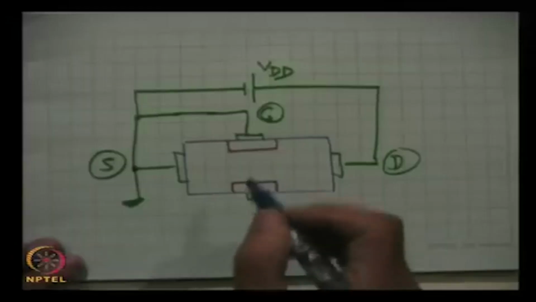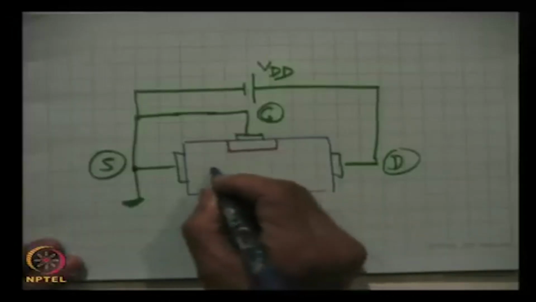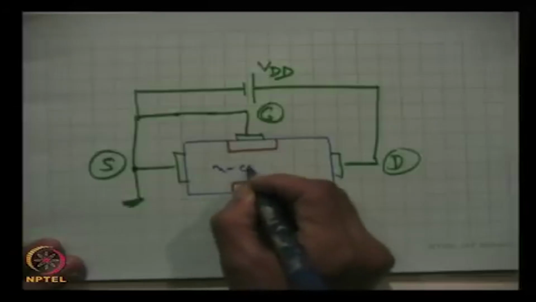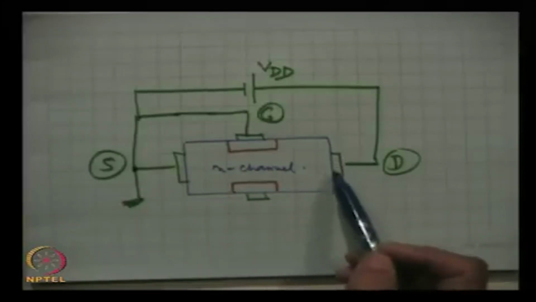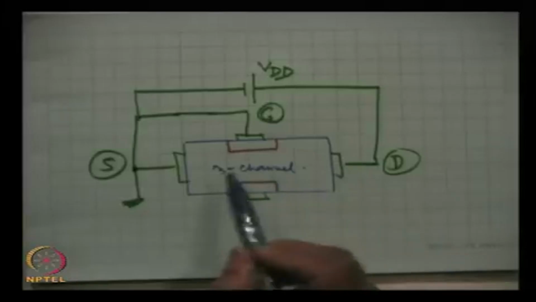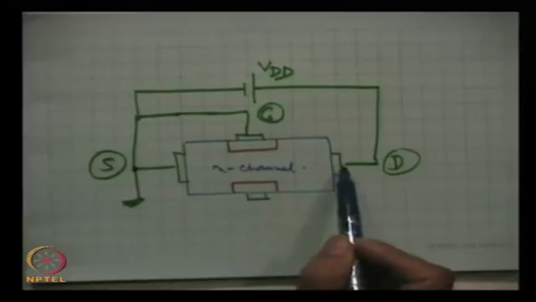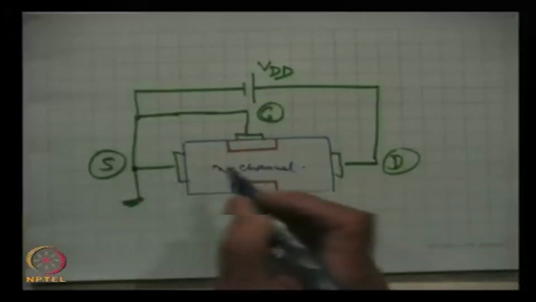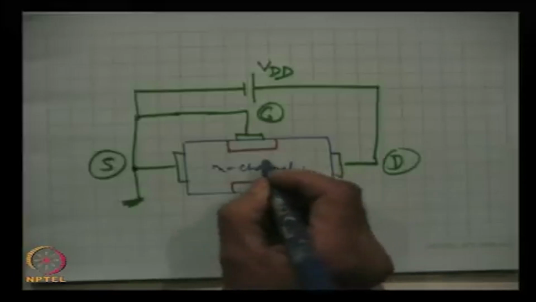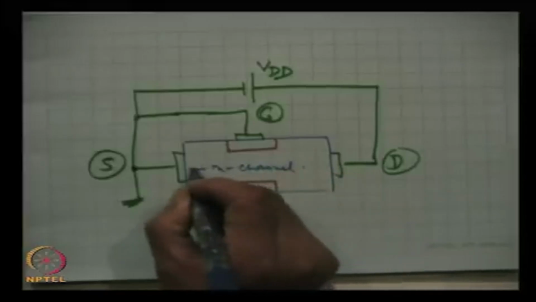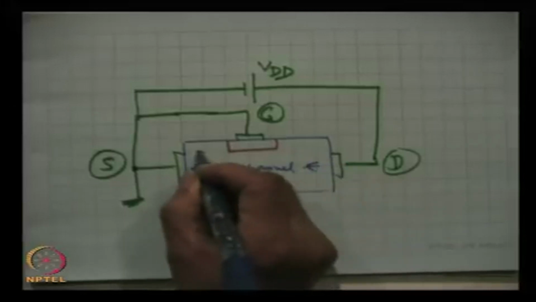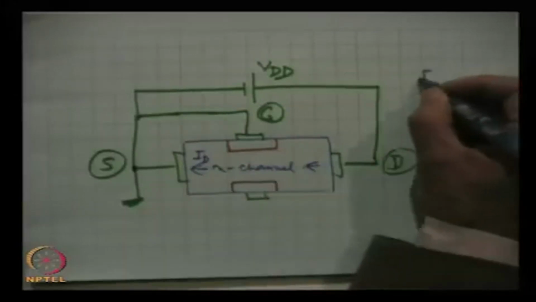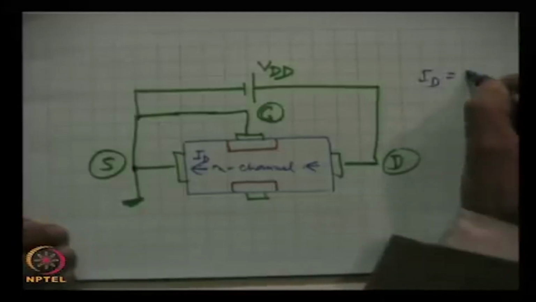Here, because this channel is n type, n channel, and this is the positive electrode drain, electrons will flow into this, they will come out and they will enter from here, and drain current flows in this direction. The drain current is written as ID. ID is the drain current